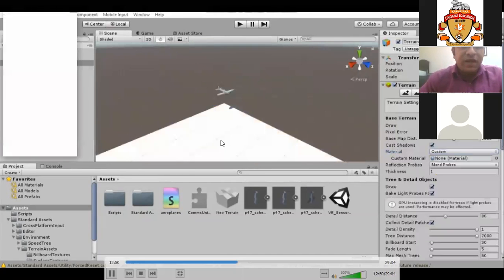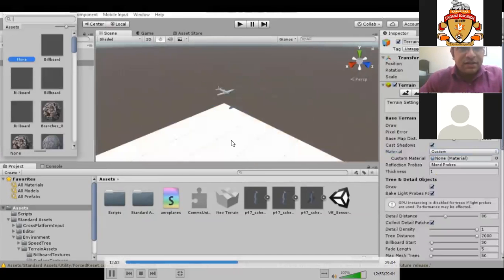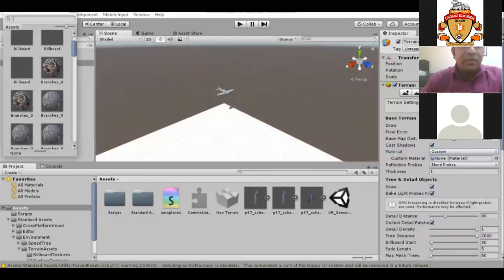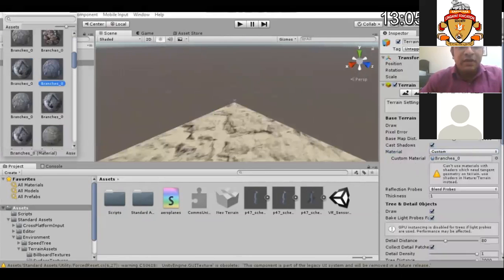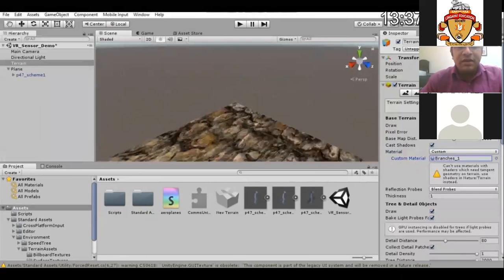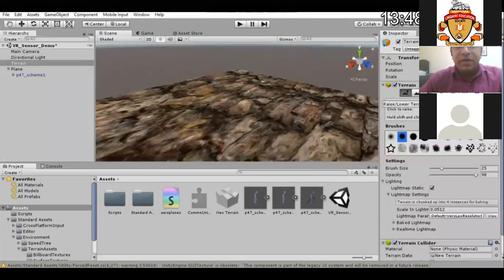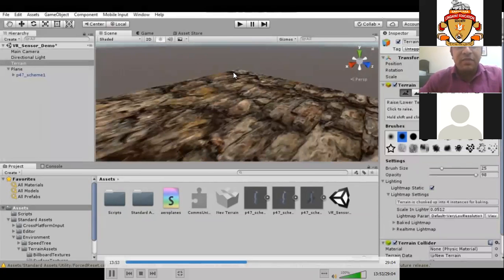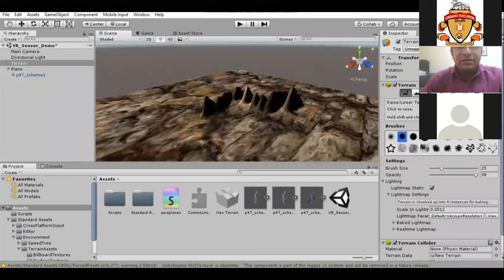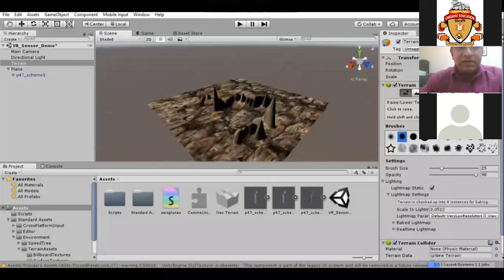And then we can create terrains of particular textures. I'll be creating mountains over here, and that is why I'm selecting this particular terrain. And using these brush options in the terrain, we can create mountains to elevate surfaces. So the scene will look like a plane is moving over the mountains.